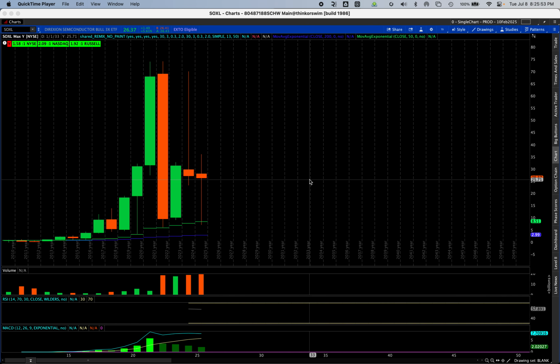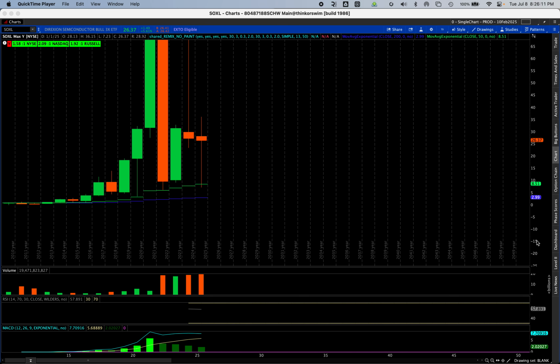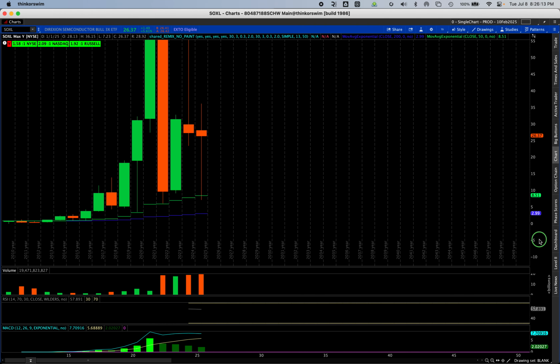So the first thing we'll do, we'll just go through a top-down approach. This is how I approach any chart. I start with the year, I draw my broadening formations, and then I draw what I consider to be the major fib levels. So the first thing we do, we've got to find